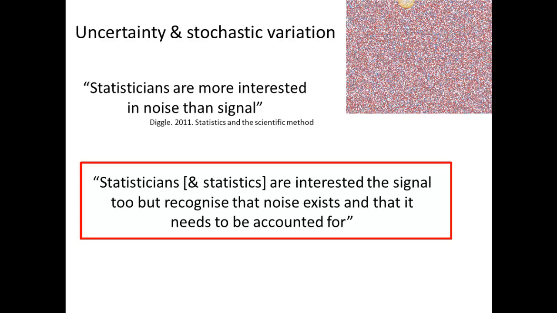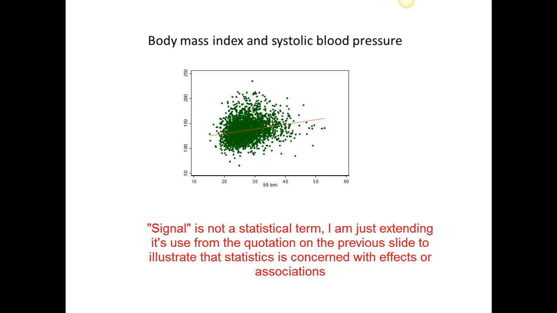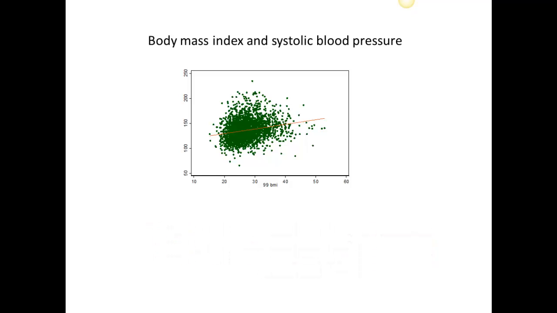This comes in the form of an assessment of the precision or the uncertainty that is attached to the signal. So here's an illustration of a very basic statistical analysis that shows that statistics is actually primarily interested in the signal too. So the interest here is in the association between body mass index, or BMI, and blood pressure. So blood pressure is on the vertical axis. So a statistical analysis tries to estimate this association or this signal,